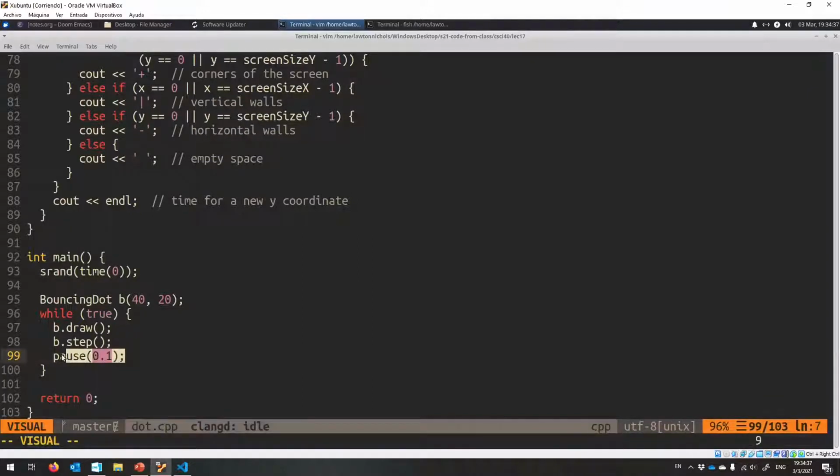This is just stopping the program for a little bit so that we can draw every 0.1 second, and that makes it all animated and nice. Okay, so